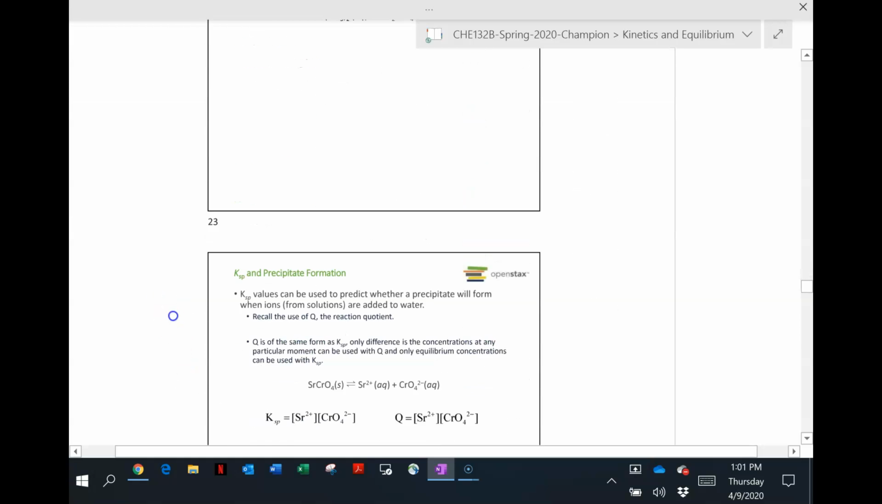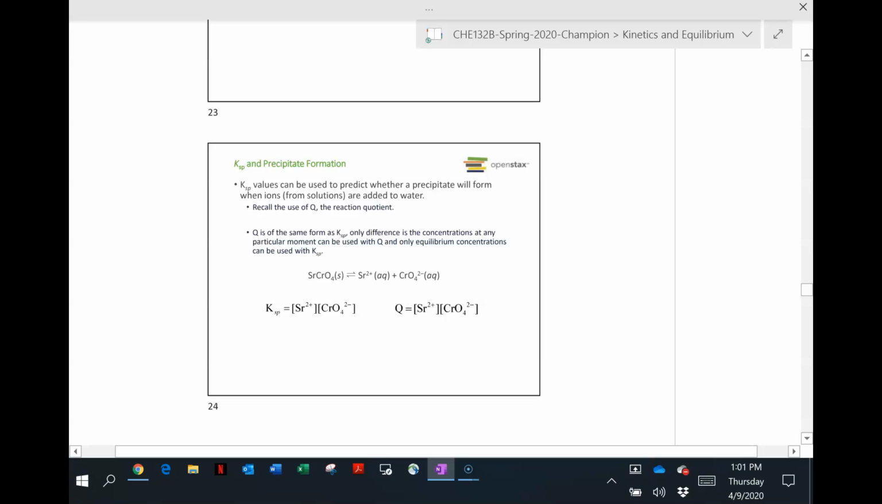Here's an example of those solutions. They use potassium there instead. What you're doing then is calculating how much you're mixing, right? So if you were mixing 0.10 molar strontium nitrate, and you were using 1 milliliter of that, and you were adding to that 1/10 of a milliliter of 0.01 molar potassium chromate,